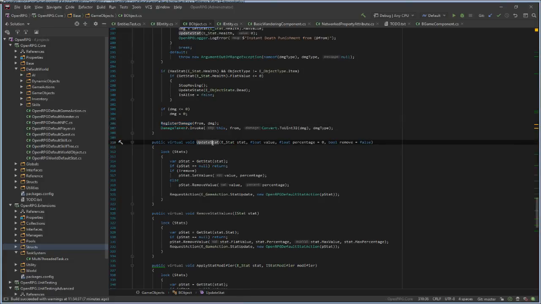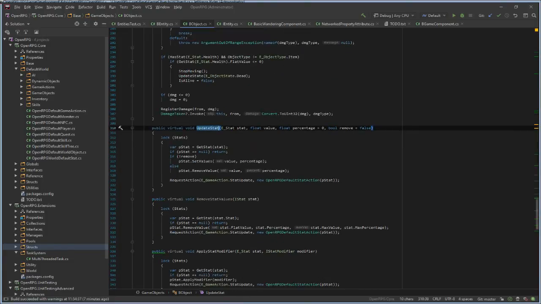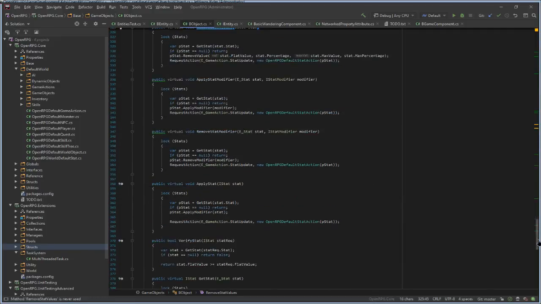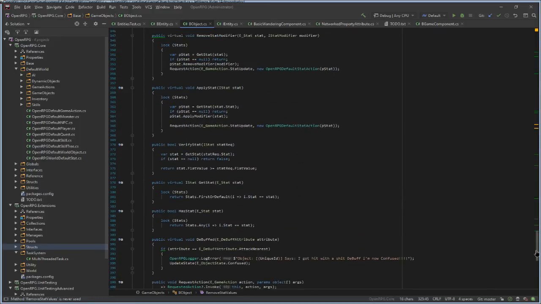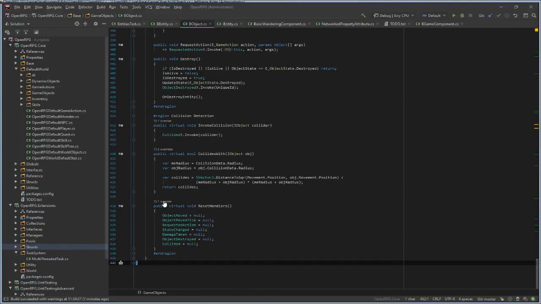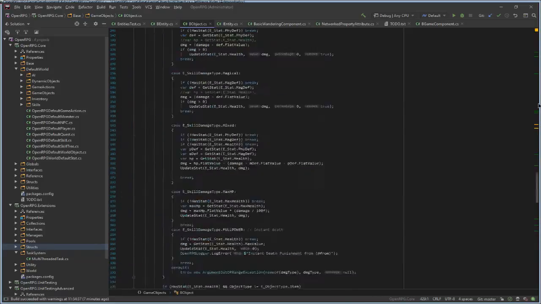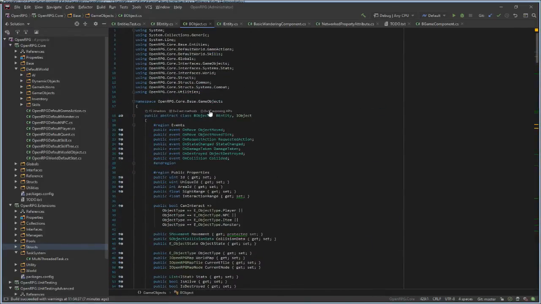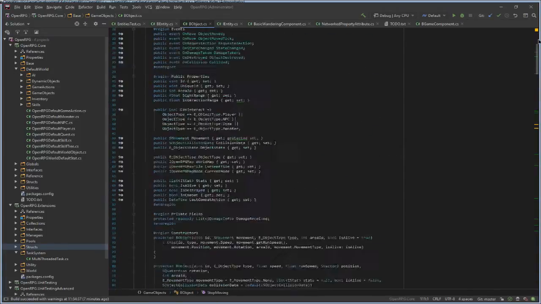I'll just have to split all of this into different components just to stay on the safe side. This doesn't look very good at the moment. 400 lines is really bad for a base class.